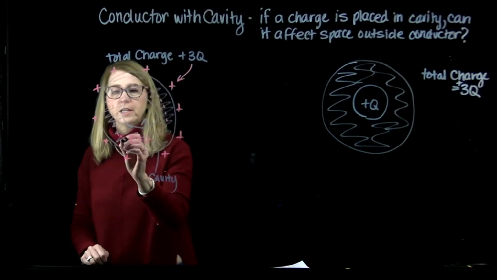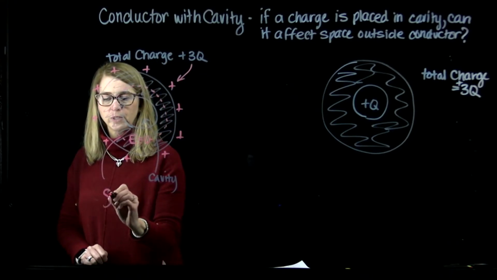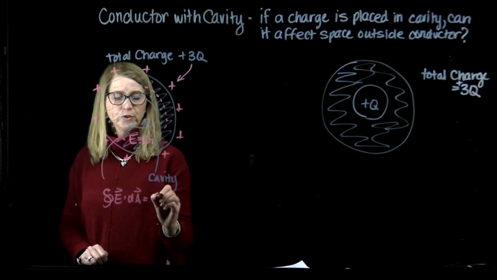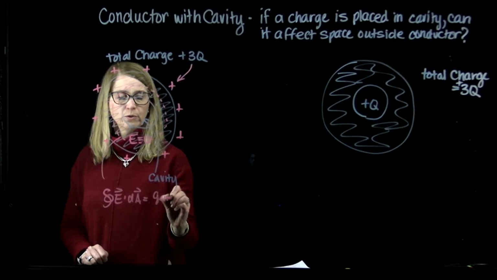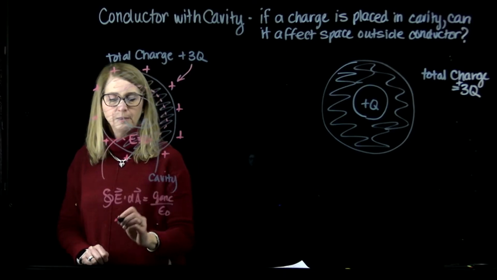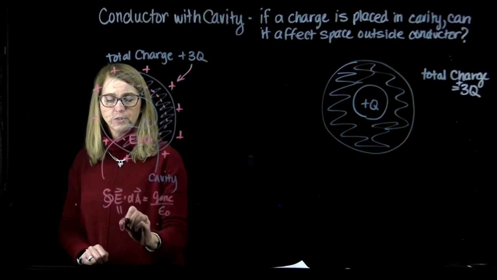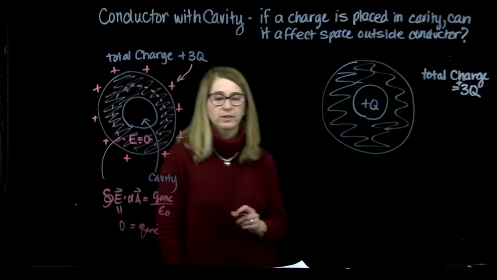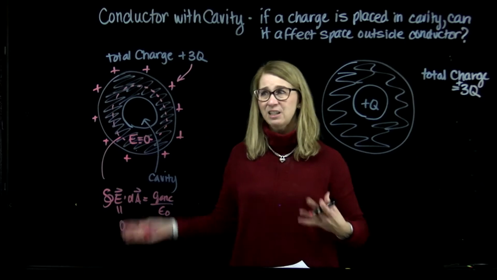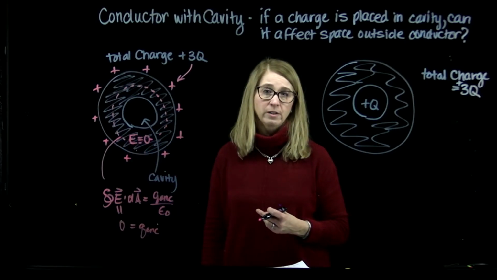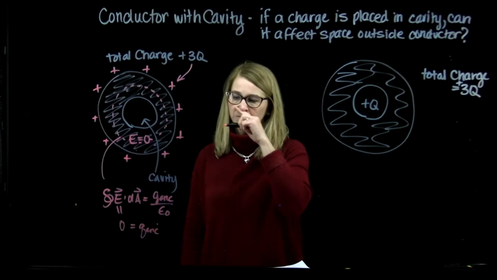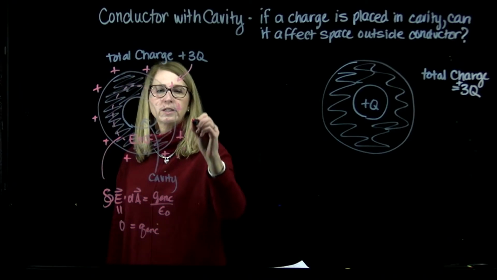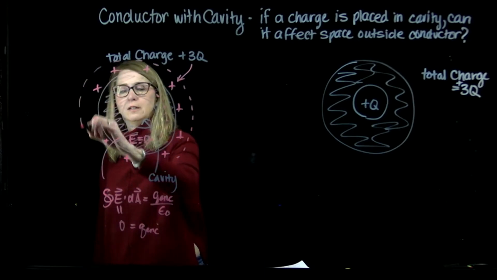So the idea is that we're doing this integral of E dot dA, which is equal to Q enclosed over epsilon naught. We know that this is 0, which means that the Q enclosed also has to be 0. And that's why all the charge is on the surface. Now, let's go one step further. Let's look at some sort of Gaussian surface outside